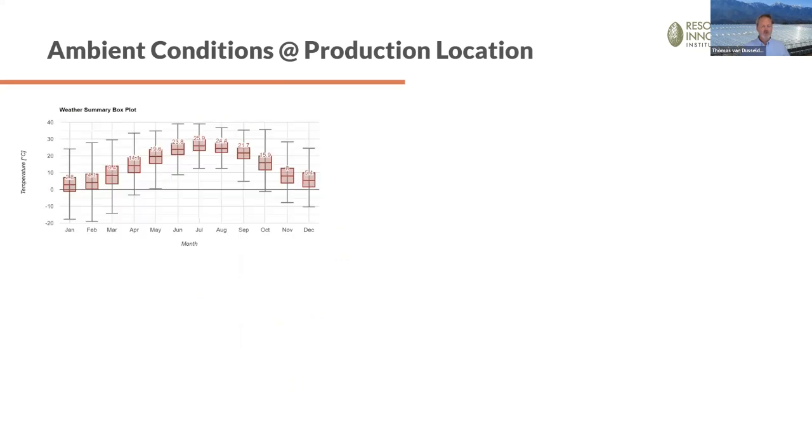So how we normally go about it: we have Mother Nature. Mother Nature decides when what grows where. And we want to, let's say, prolong that for the entire year. So we have a crop requirement, and a grower has an idea where he or she wants to cultivate a certain crop. But that can be anywhere in the world, from, let's say, up in Maine down to California. And those climates, of course, are substantially different. What we do is then, from a location, see what the average climate conditions are,